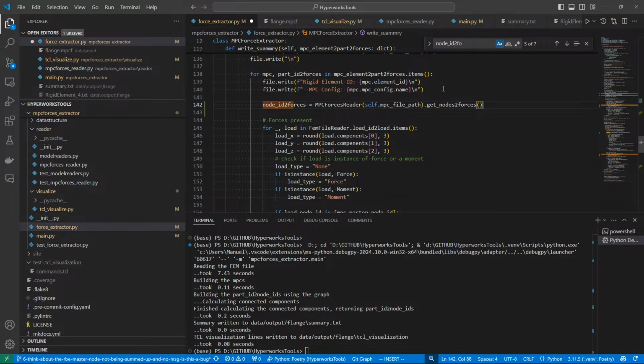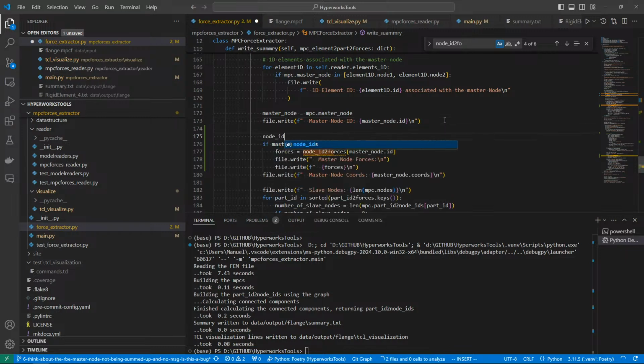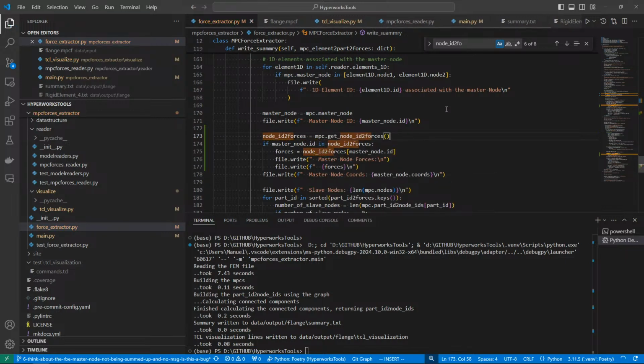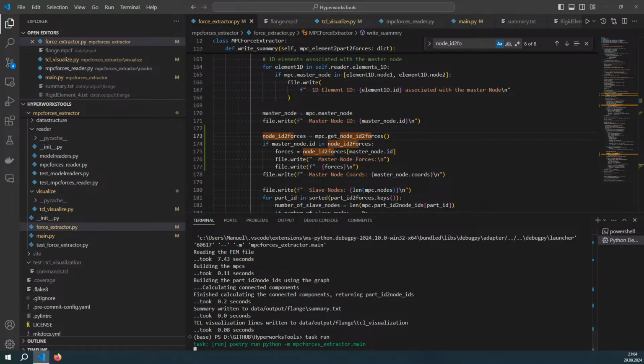No. Why should I... Wait a second. So this is the problem. I don't have it, right? So here I should have something like node ID to forces, and I thought that I could get that from the MPC. Yes, I can get that. All right, let's check that. I don't have task run. So, and yeah,